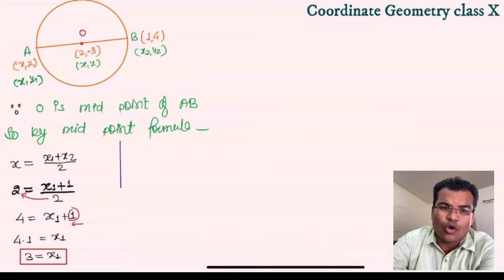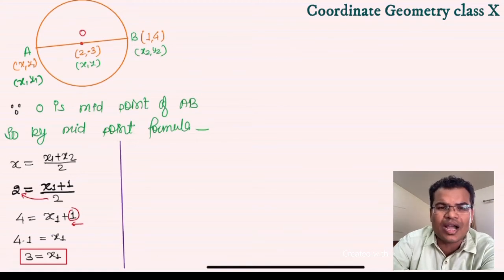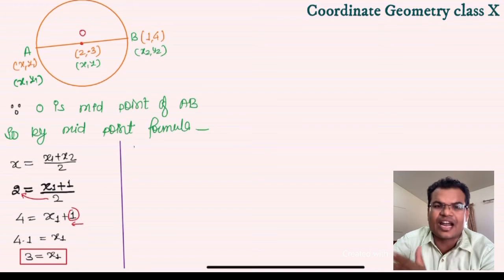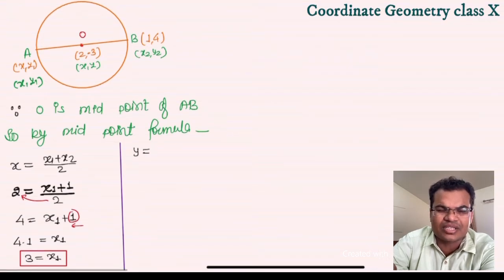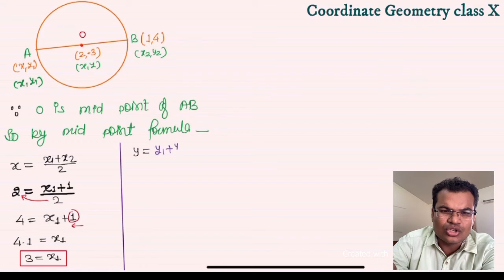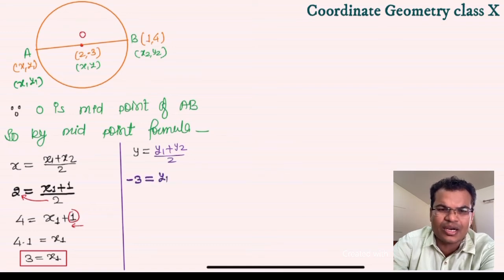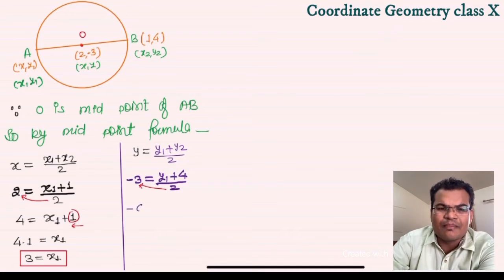By the midpoint formula, now you have to find the y1 coordinate also, as y equals y1 plus y2 upon 2 in the second half, right? The value of y is minus 3, as we know that this is the center of the circle at 2 comma minus 3. So putting these values in the formula, y equals y1 plus y2 upon 2, minus 3 is equal to y1, as it is, plus y2, which is 4, upon 2. So 2 will multiply with minus 3, it will become minus 6, 2 threes are 6, minus 6. So minus 6 is equal to y1 plus 4.